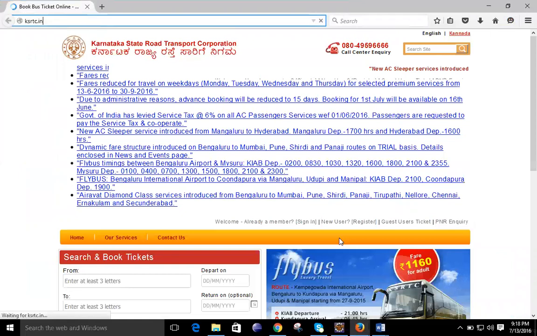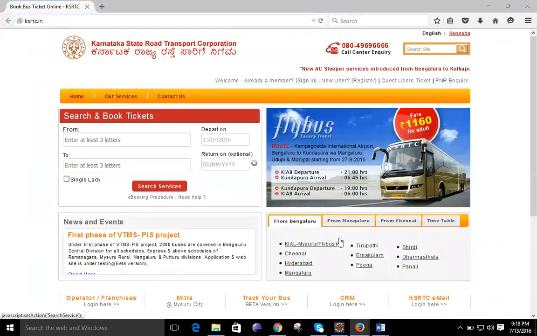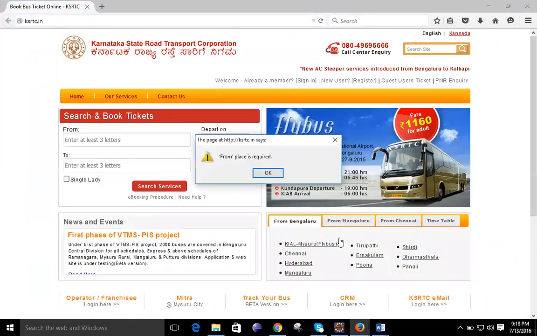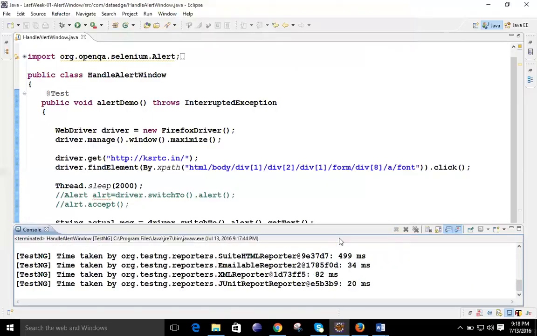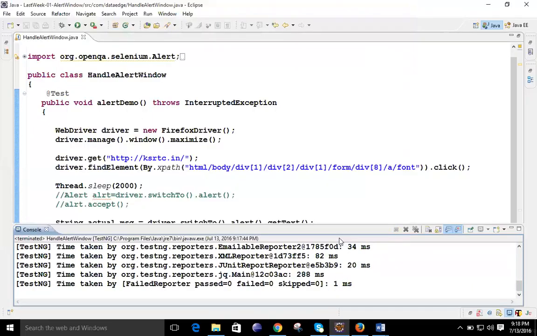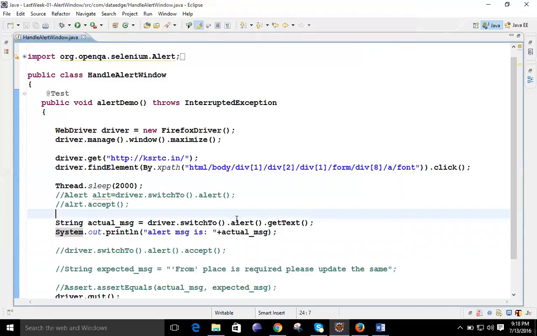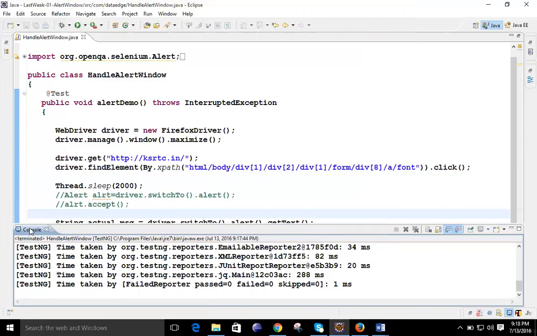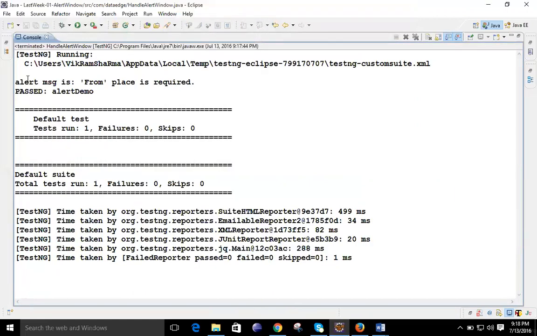Let's see what is going to happen. We have used that alert method. We will focus on the console. We have got the message at the console. You can see the alert message, whatever it was, from place, it has captured.